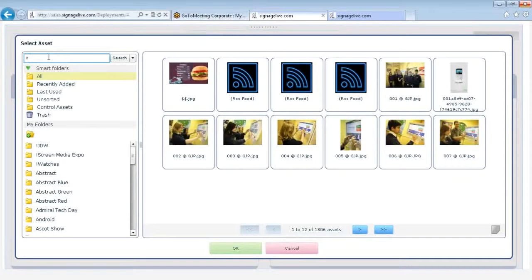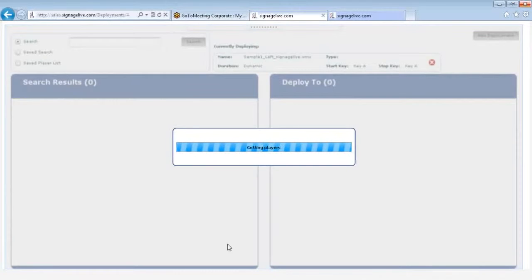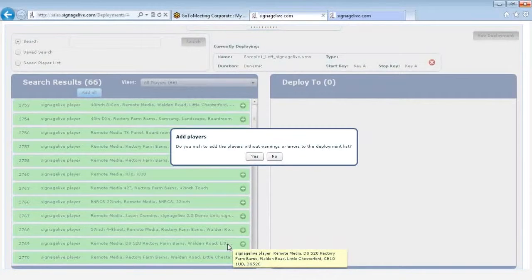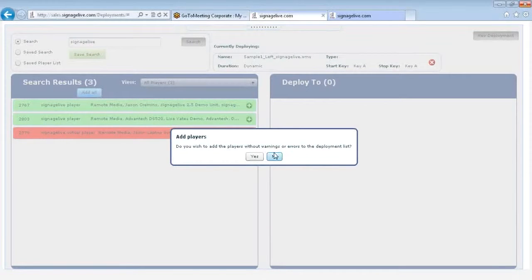So I can search for the asset. And we'll use the SignageLive video. Press OK. And now we're gathering all of the players that are sitting on our network again. So adding the players, we'll say no. And then all we need to do is just search for our players. And we'll say no to adding all of the players,